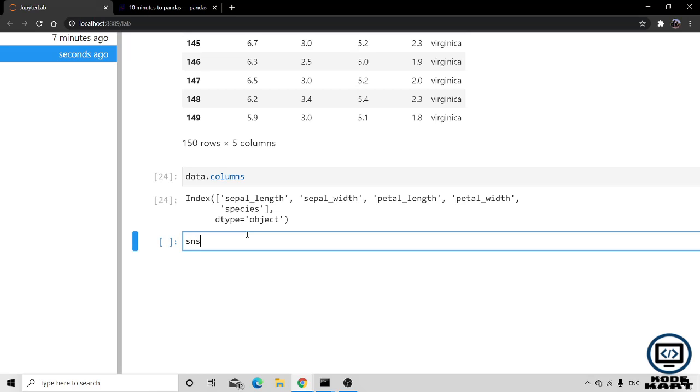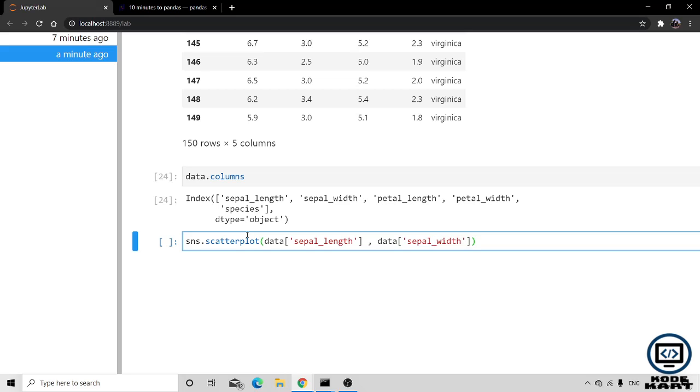I want to generate a scatter plot accordingly to this data. We can generate the scatter plot in matplotlib also, but for better visualization of the data, we are using Seaborn. If I use sns.scatterplot for the data, suppose I use sepal length first and then sepal width.